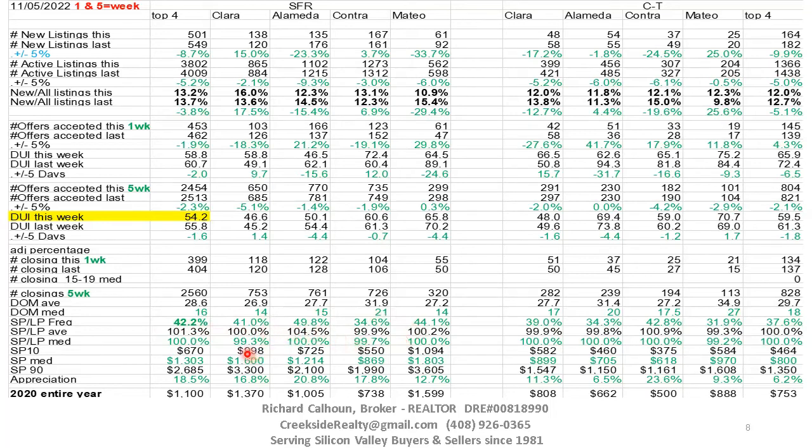Then the magnitude of overbidding is basically right at 100%, whether you're looking at the average or the median, which is why I'm now looking at both. The average, I think, is more representative. The median is going to be at 100% a lot of the time. In fact, right now, 2 of the counties are right at 100%, and overall, the market's at 100%, where